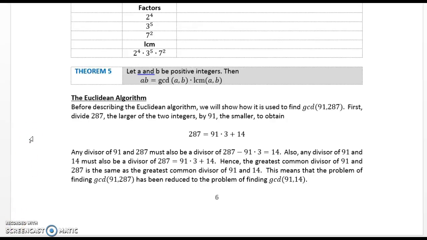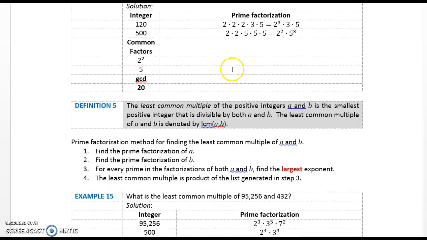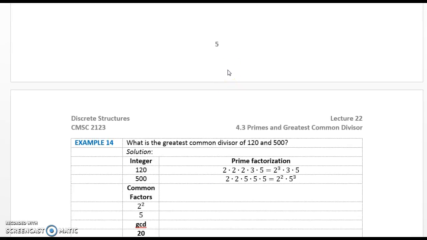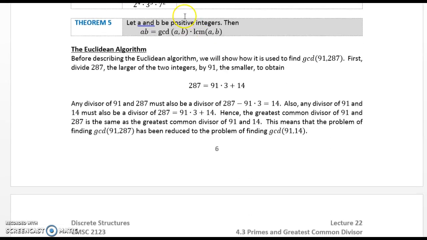We continue our lecture on primes and the greatest common divisor, and we begin our discussion with the Euclidean algorithm. Before describing the Euclidean algorithm, we will show how it is used to find the greatest common divisor of 91